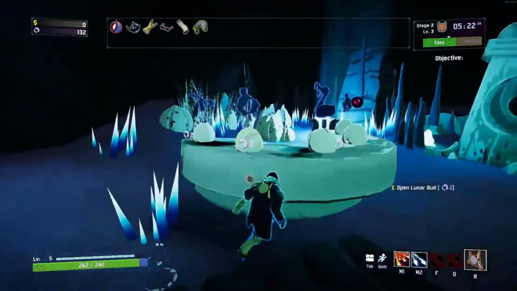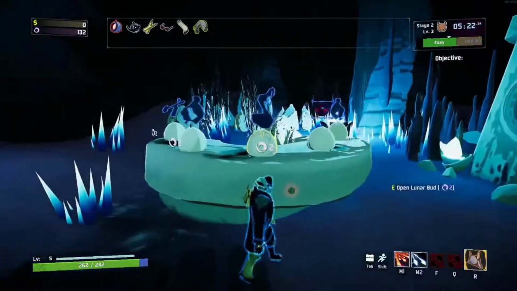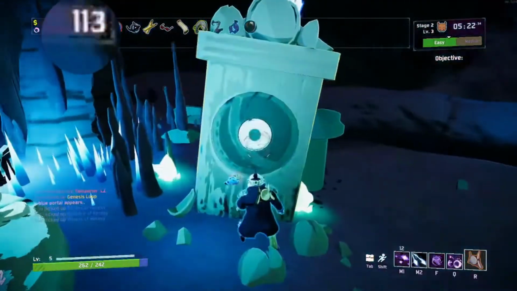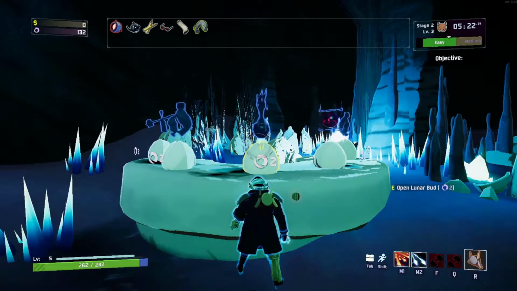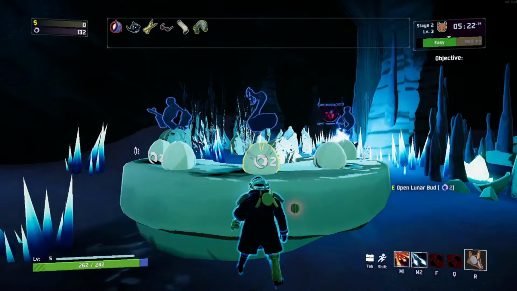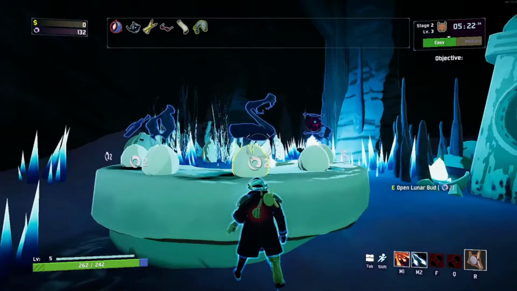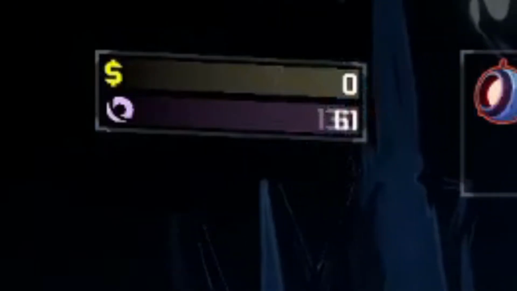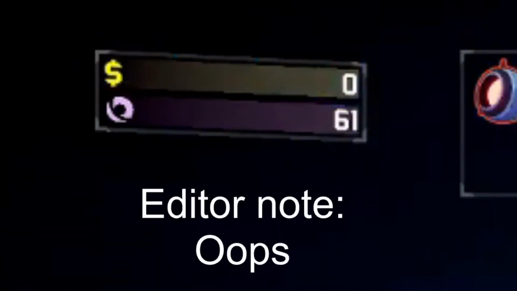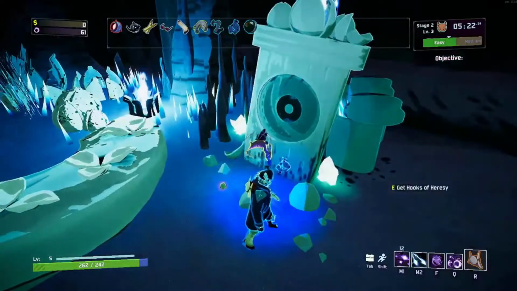If you go to this table, you can buy lunar items for only 2 coins, and you can refresh the items here. Note that the cost doubles for every refresh. To become the Heretic, you need 4 different lunar items, so make sure you have a lot of coins. And I mean a lot of coins. I started with 138 coins, and I ended up with 62. Yeah, but by the end...